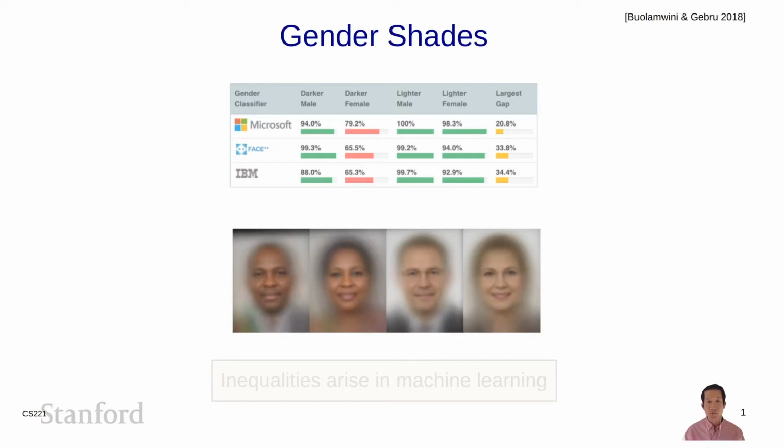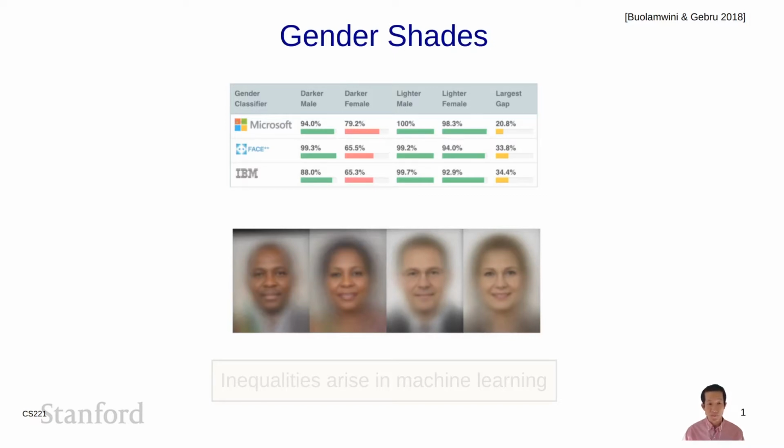It's called the Gender Shades Project. In this project, the authors collected a data set of images of faces of different genders and different skin tones. And then they evaluated a gender classifier from Microsoft, Face++, and IBM. What they found was rather striking. So for a group of lighter skinned males, the classifier was almost perfect. But if you look at the performance of these classifiers on darker skinned females, you'll see that the accuracies are